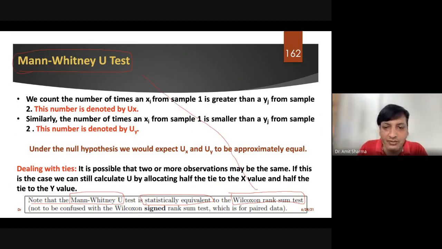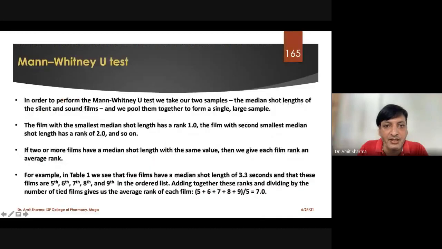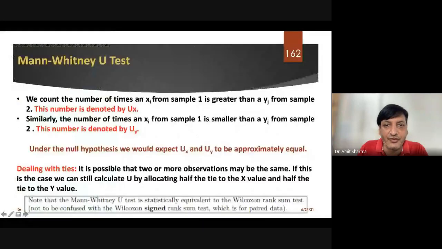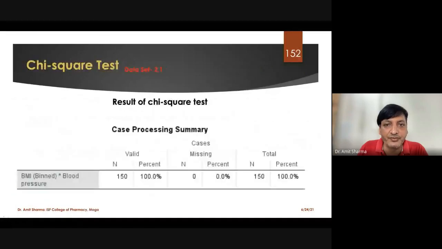If you want me to run this Wilcoxon, we will run, no issue. Otherwise, we are going to do the data with the Mann-Whitney U test, which is the alternative of the independent t-test, where we have 2 categories to compare for not normally distributed data. So we'll do this both numerically and from the SPSS point of view. I'll take you to the sheet. For that, I have to stop my presentation, and I'll share my sheet so that we can apply both tests, paired sample and another one.